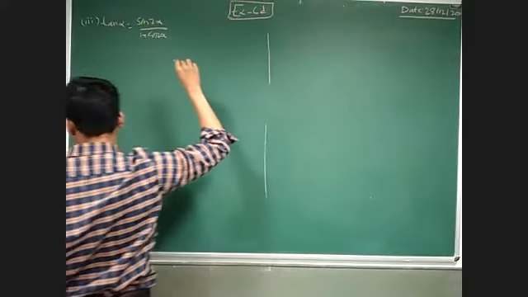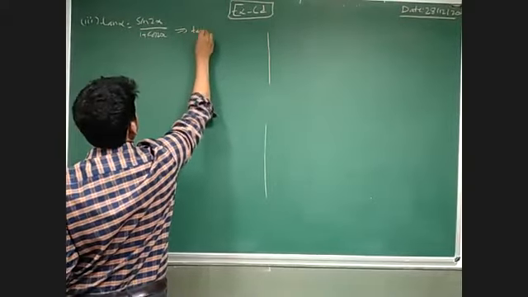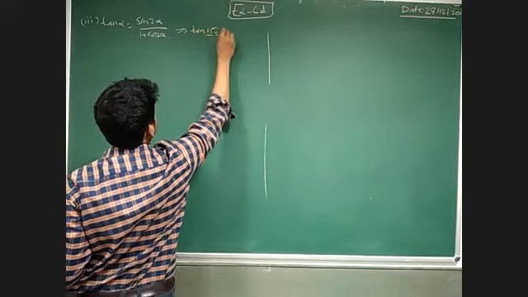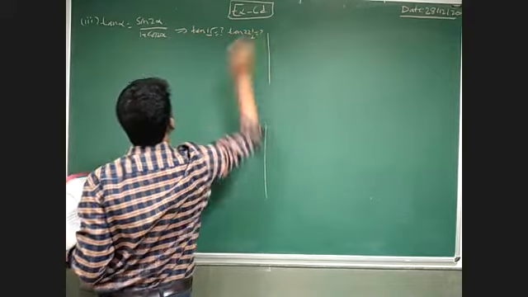Okay, now the third question is, prove that tan alpha is equal to sin 2 alpha by 1 plus cos 2 alpha. We have to prove this, and then we have to find tan 15 and tan 22 and a half. First off, we have to find tan 15 and tan 22 and a half.